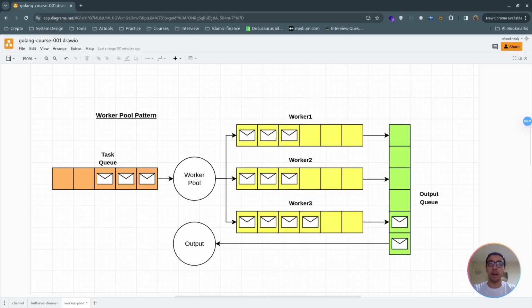So the idea behind the worker pool pattern is that we can process multiple tasks in parallel and control the flow and the amount of the workers that are actually processing the message. So right here we have a task queue that is basically just some tasks that we want to get done. Let's assume in our case this is a messaging system, so we want to send, let's say, an SMS to